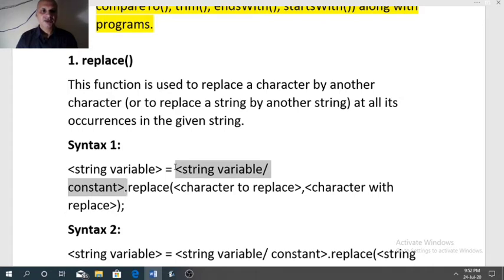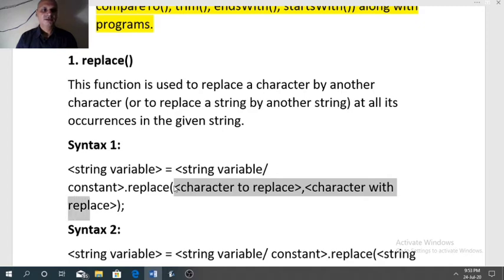After that, dot, the name of the function, that is replace. Now in the argument list there are two arguments. First one, the character that we want to replace, comma, the character with which we want to replace.